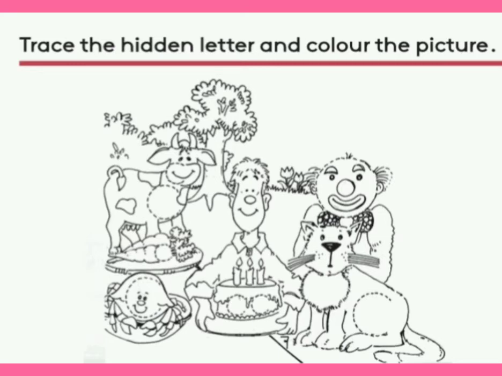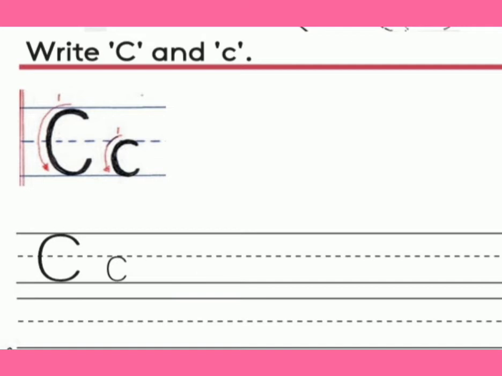Okay children, what is the next exercise? You have to write capital C and simple C. Now you know how to write capital C and simple C. It is a very easy letter for you all to write. So you have to finish these lines. They have kept it empty. What you have to do is write the capital C and also the simple C, and you have to finish this exercise.